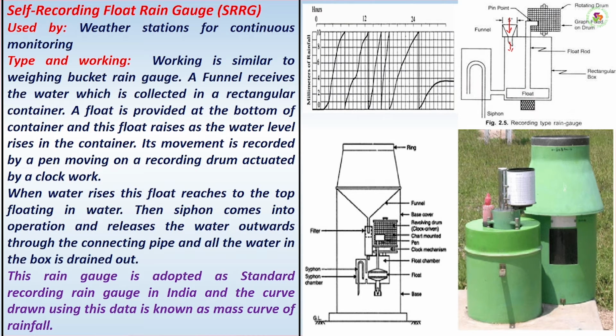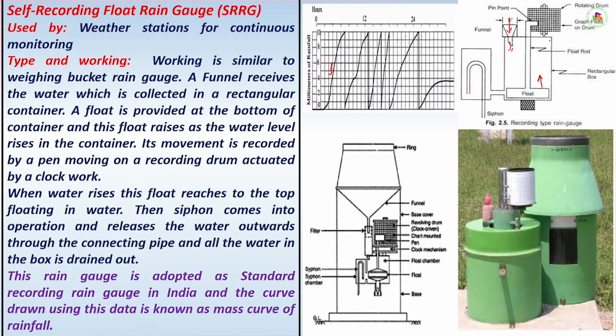Suppose now the water enters and fills this. Then what will happen to this float? The float moves in the upward direction, because it floats on water. When it floats on water, it goes up and up. So if you start recording, the same thing is recorded here. When the float moves, the pen here moves. How it is moving is this graph. Once the float reaches the top,